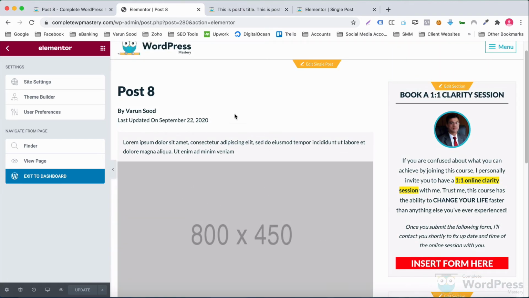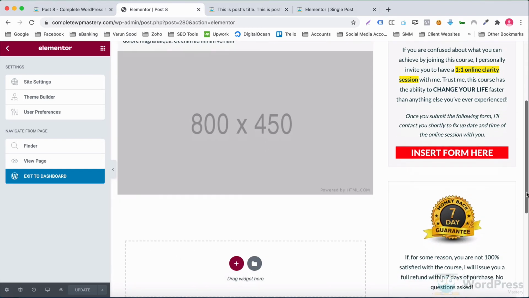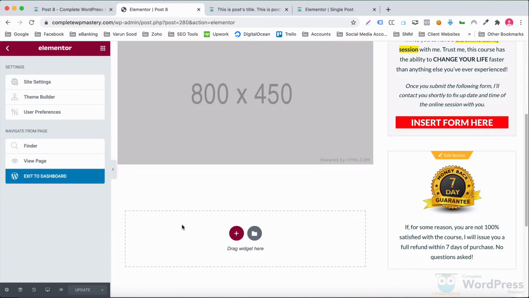What you see here is being fetched from the single post template. And below this stuff, we need to add content specific to this blog post.